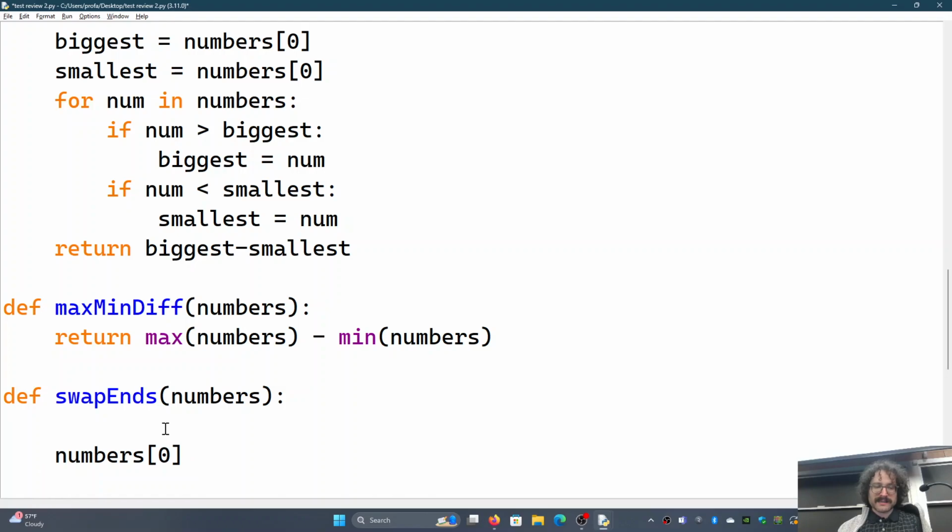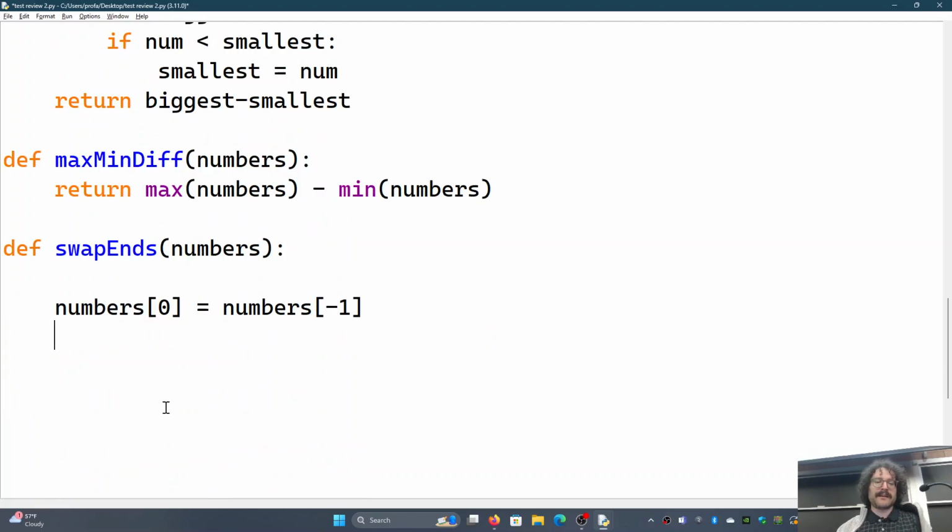But if I do this, then I take the last number and put it in the first place. Now the last number exists on both the end and the beginning, and I've lost the first number. So I need a temporary variable to store this, right? I can't just do